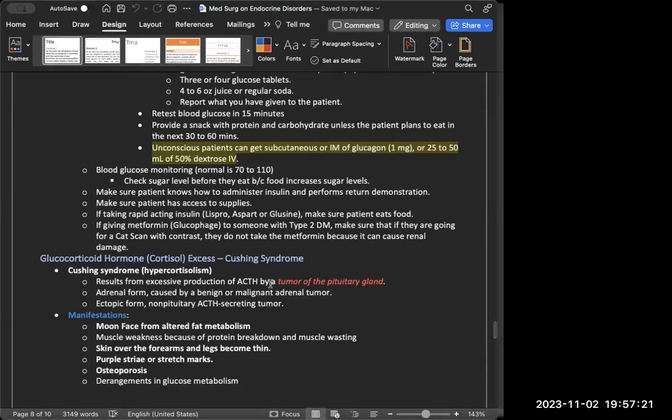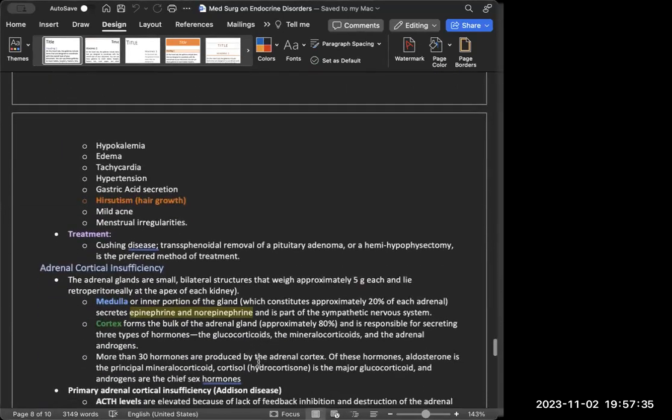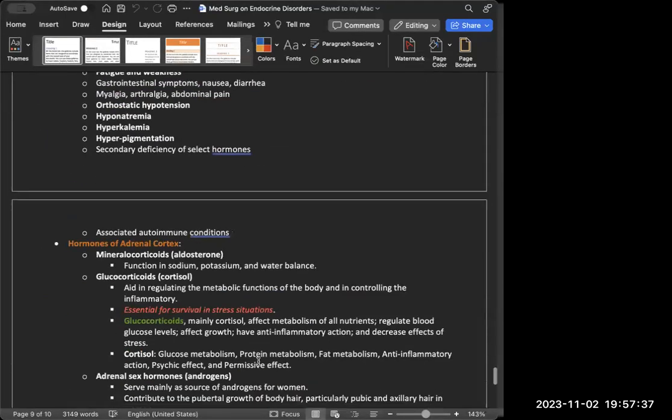Like I said, if we're giving metformin to someone, make sure if they're going to a CAT scan with contrast, they do not take metformin because it can cause renal damage. I know that's going to be on your exam or somewhere. Now, the last two things, I kind of brought this in for the seniors or any sort